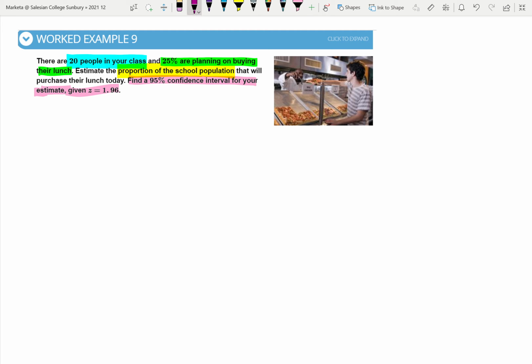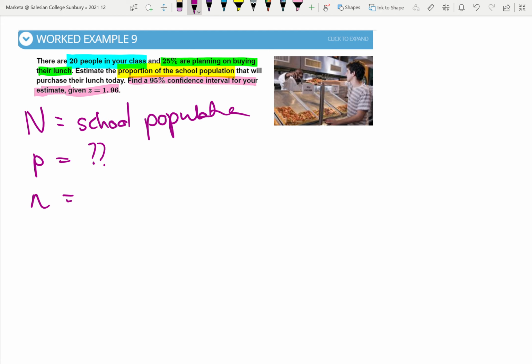They're asking us to estimate the proportion of the school population. So the school population would be big N, and our population proportion, well, that's what we're estimating. What we've got is little n, which is our sample number, which is 20, and we've got a sample proportion of 0.25. Remember, you're going to put it in a decimal, not a percentage there. So this z equals 1.96. We'll deal with that in a minute, and it has to do with the formula for our